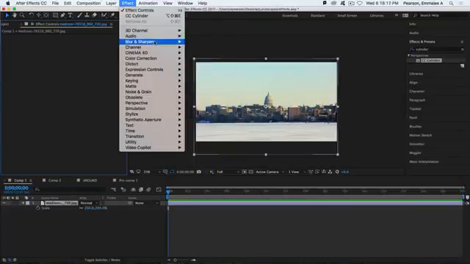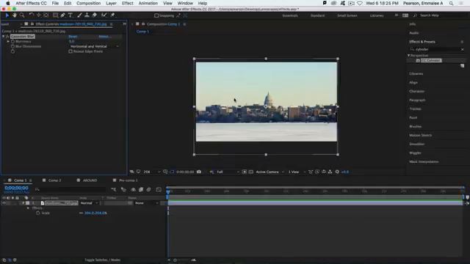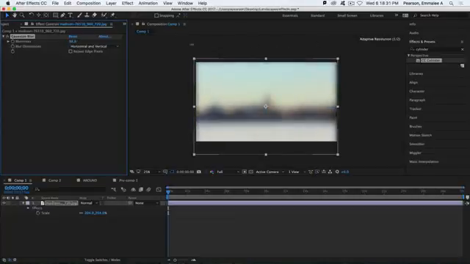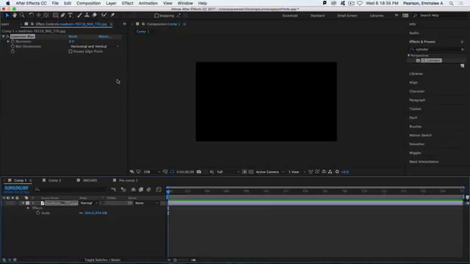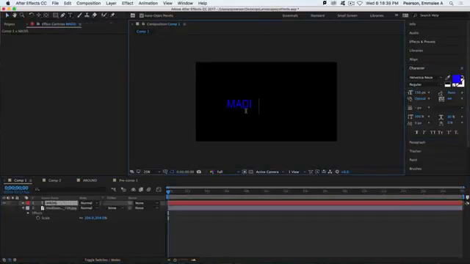Blurs, I suppose, are actually a pretty good thing to know as well. There's a lot of different kinds of blurs, but blurs can be used as a way of doing like an entrance or exit. So you've got blurriness, and you could blur something to the point where you just don't even really see it anymore. I find this even more effective for text. So if I had just the word Madison,